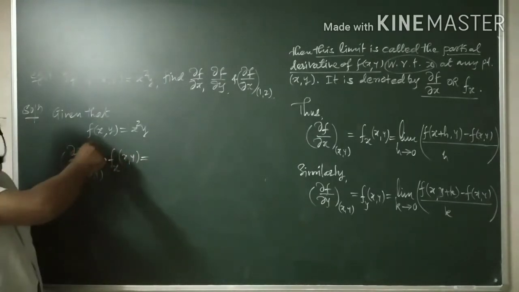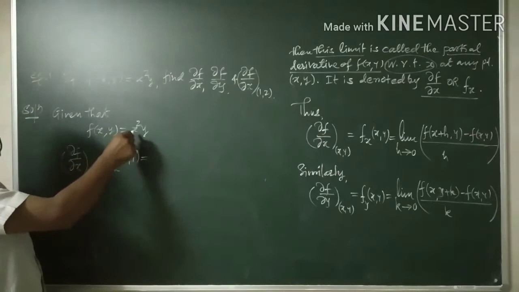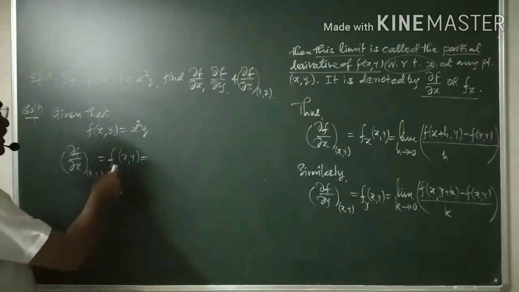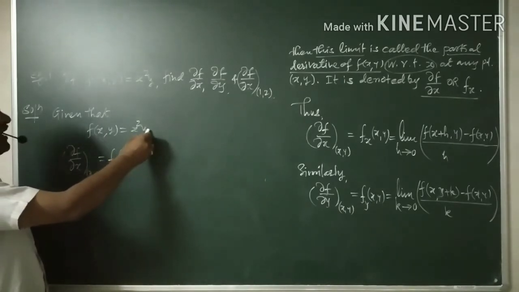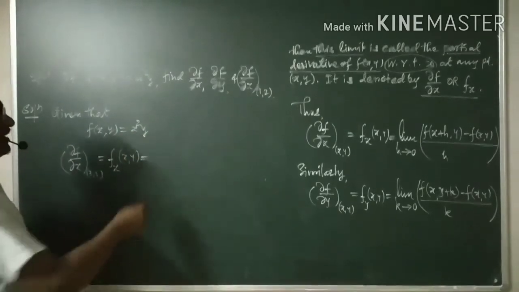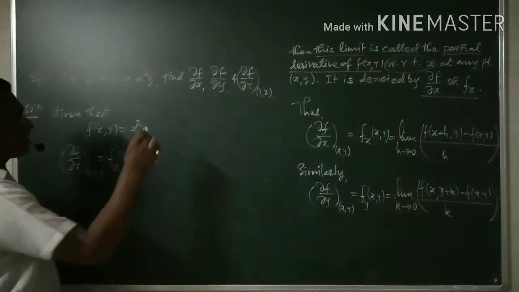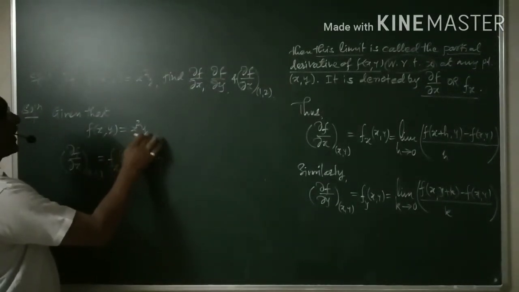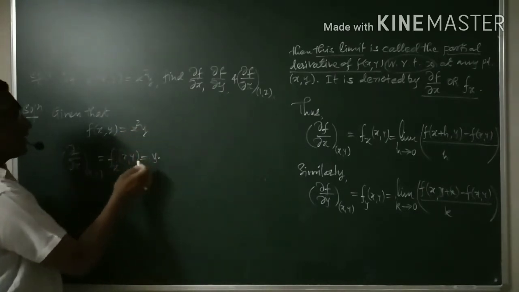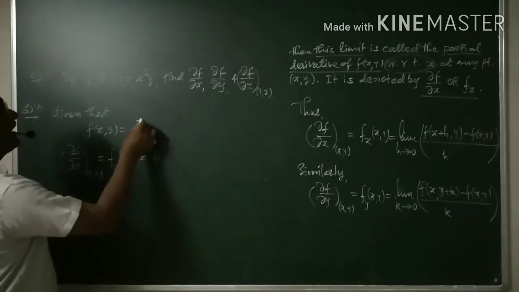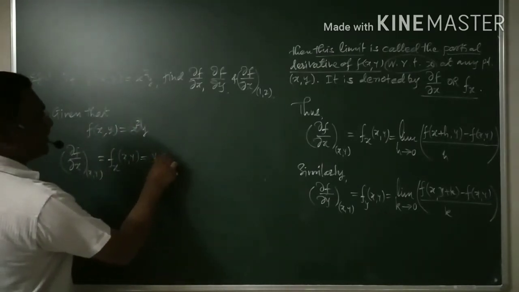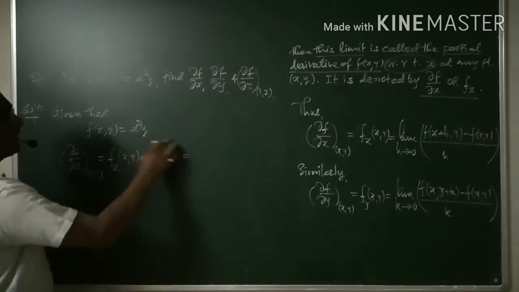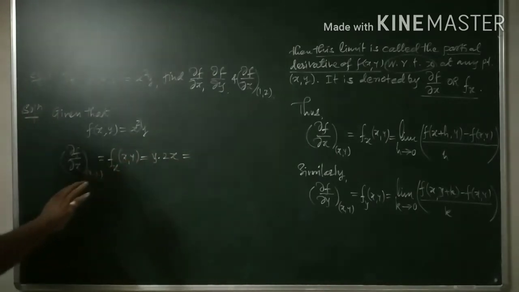Now consider the function f(x, y) = x²y. As we are going to differentiate f with respect to x, you need to keep y as it is, or keep y constant. So let me write the constant y as it is, y into, because this is a product. Therefore, keep y constant, and the derivative of x² with respect to x, that you know is 2x. That finishes this one. Only this much you need to do.